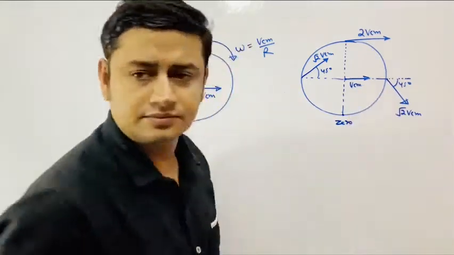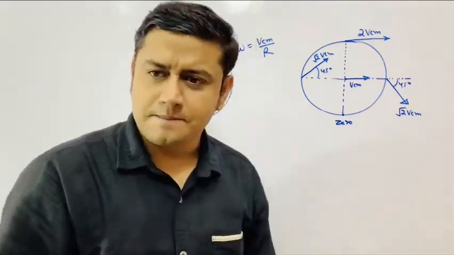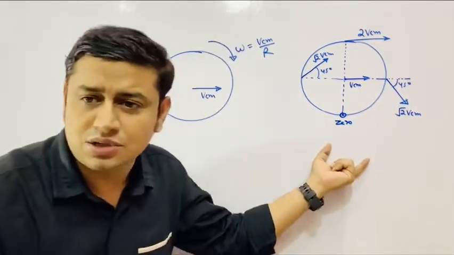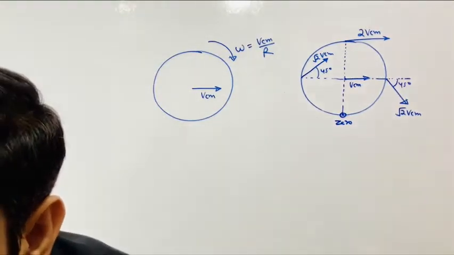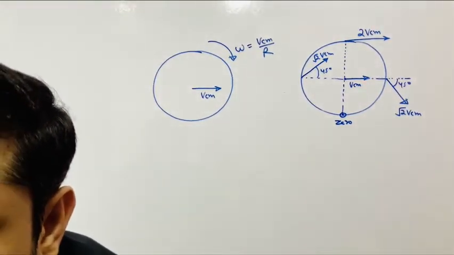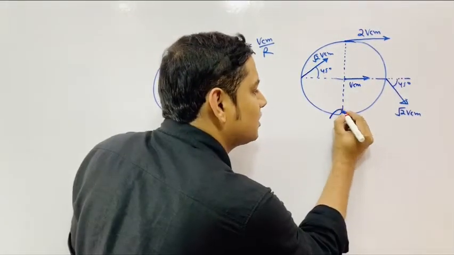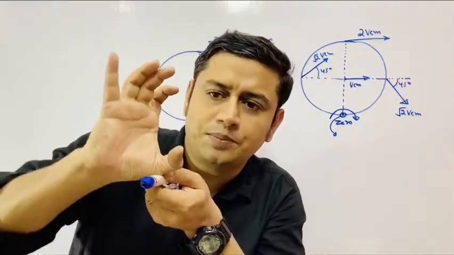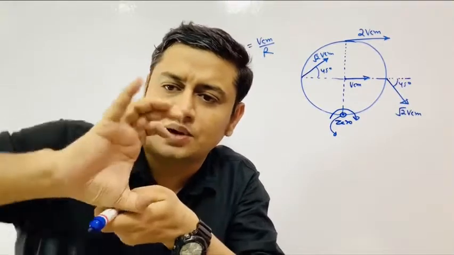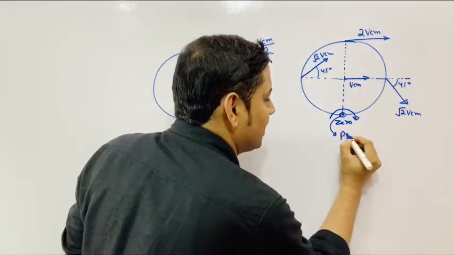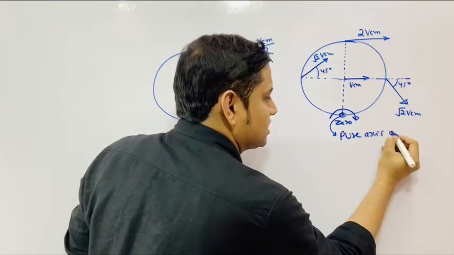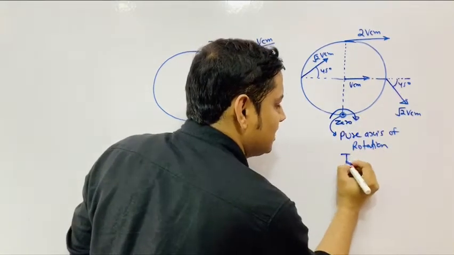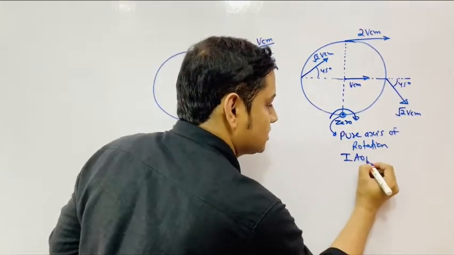We have got it. That means we can assume that this is the pure axis of rotation. I can say that this motion is actually purely rotational motion about this axis of rotation. I can say this is the bottommost point. The bottommost point is the pure axis of rotation. This sketch pen is the pure axis of rotation. If I take this as the pure axis of rotation, call it the instantaneous axis of rotation.